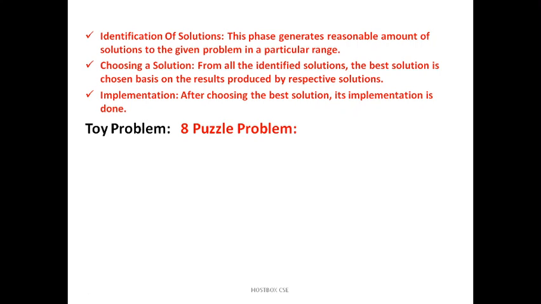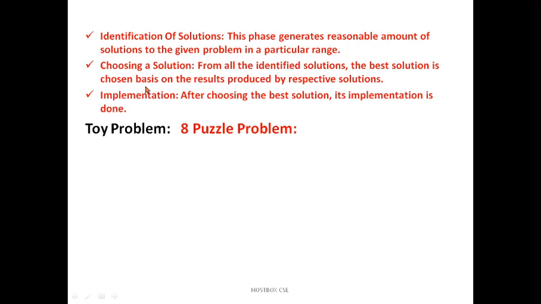So let's go for the tile problem, the 8 puzzle problem, so you understand in a better way. Generally, AI is a major area where we can develop AI concepts, expert systems, NLP, natural language processing, and so on. Whenever any complicated problem arises, we can apply problem solving, problem searching and implementation, and you can get the results. You get a set of results from the solution, and you can choose which one is easy to implement.